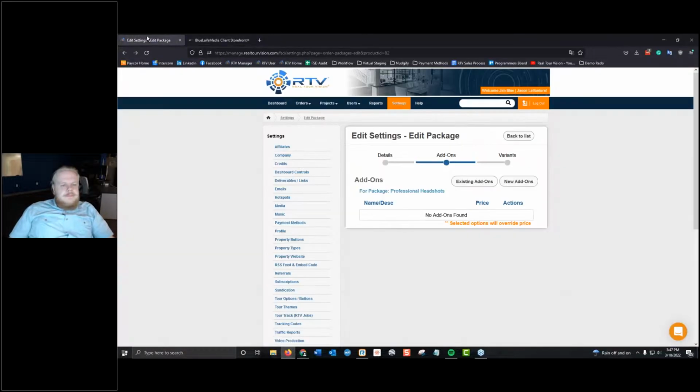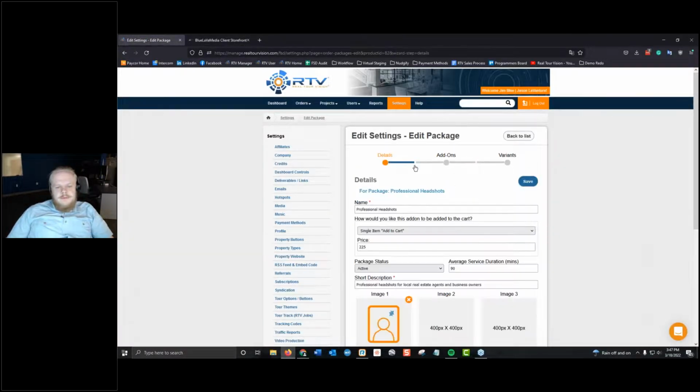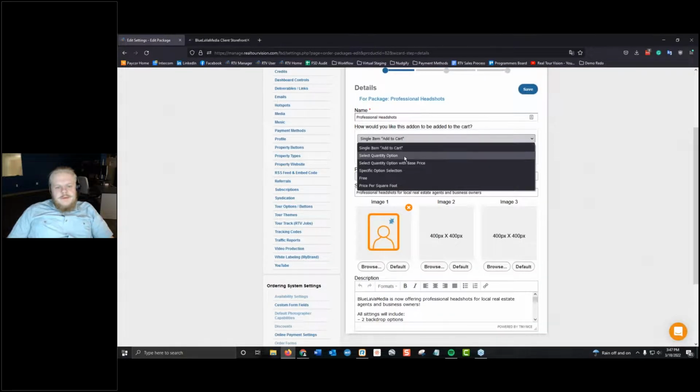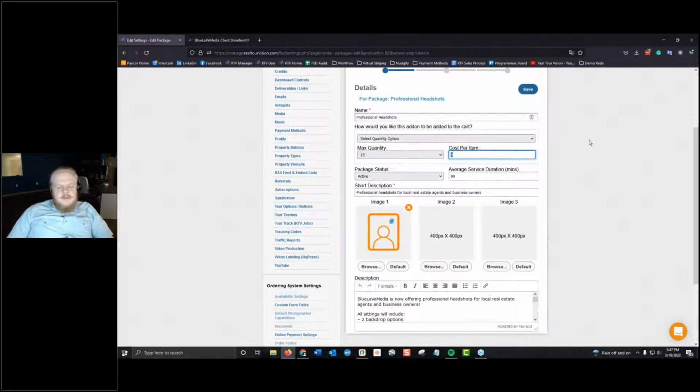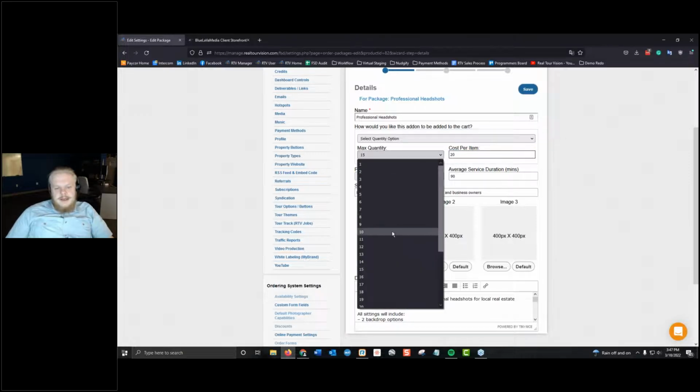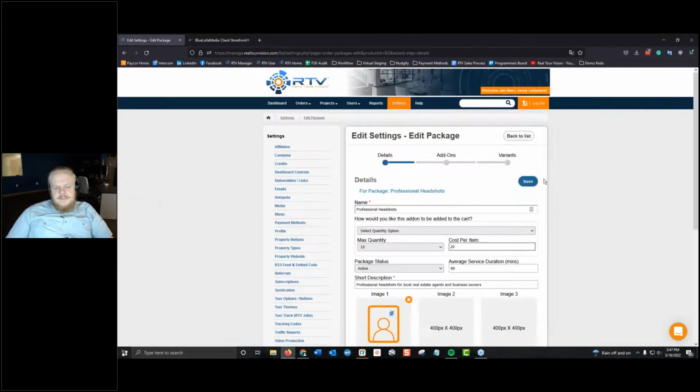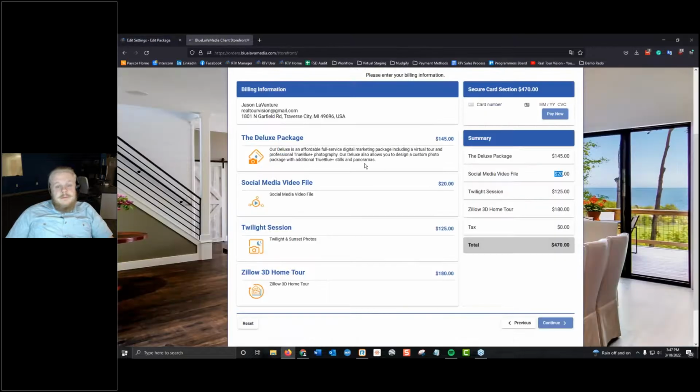All right, so we'll just go through the different pricing types. So select quantity option gives you a cost per item. So it's 20 per item, maximum quantity of 10. That would spit out something that would look like